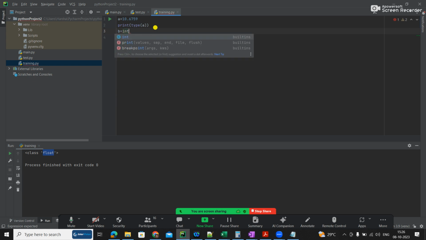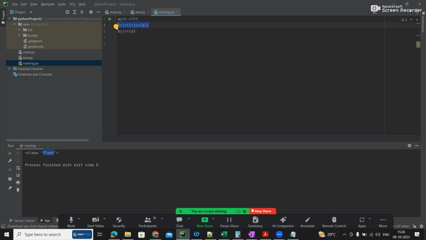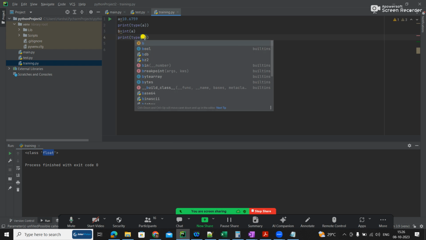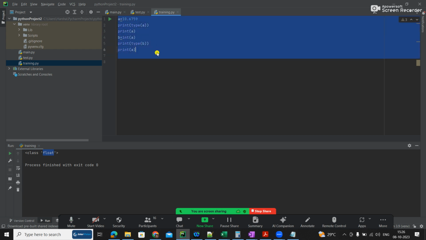So I'll do int of this and store it as B. Then I can print type of B, and also print A just to see the value, and print B. Can you see here it shows the type float, and I have done typecasting.